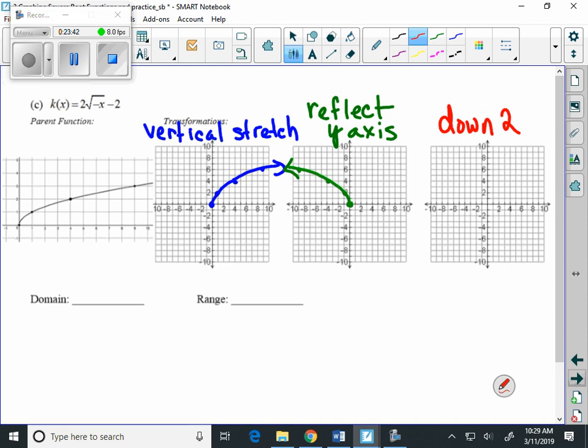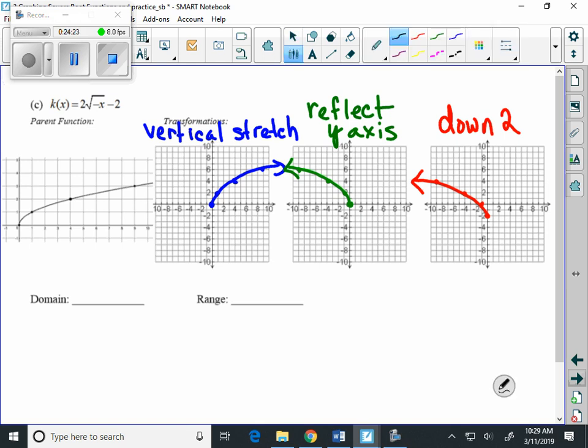So we're going to take all our points from the green graph and move them down 2. 0, 0 is going to move down 2. Negative 1, 2 is going to move down 2 to negative 1, 0. Negative 4, 4 is going to move down 2 to negative 4, 2. And negative 9, 6 is going to move down to negative 9, 4. And that's our final transformation to draw our complete graph,